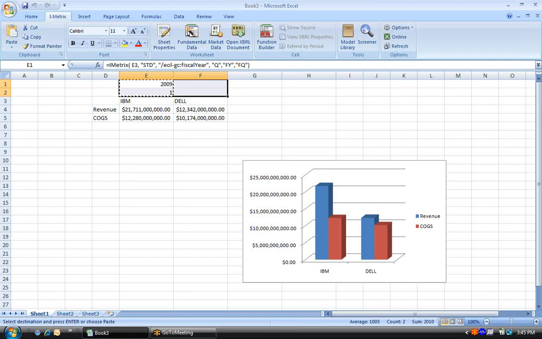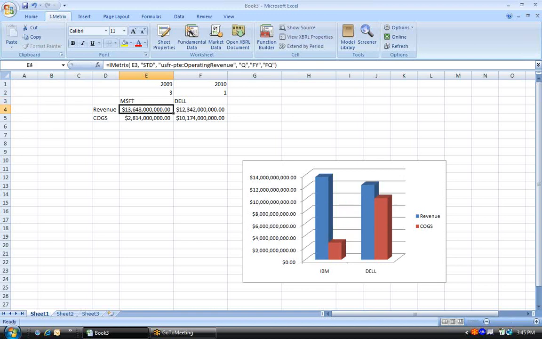Copy this over for Dell. Now I want to change this to Microsoft. We can see the dynamic nature of this template. Yahoo,